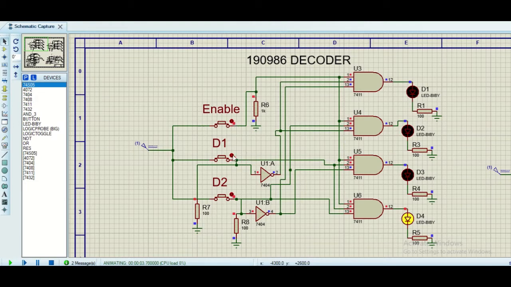Here you can see when both the data input lines are 0 0, the first logic is high. So the output which is going to be high depends upon the input combination. Here you can see when this is 1 0, this output is high. The output where we receive the logic as high or low depends upon the input signal given to it. So this was the circuit of a decoder.